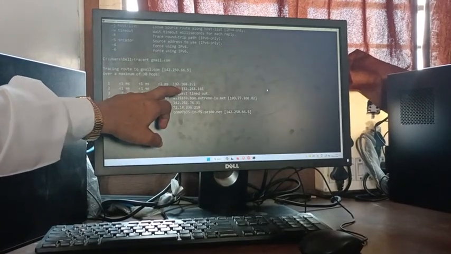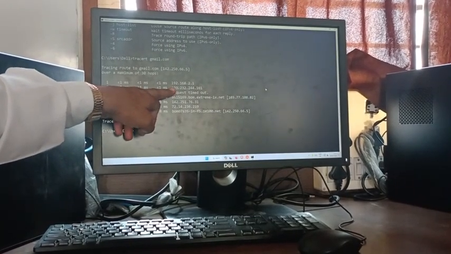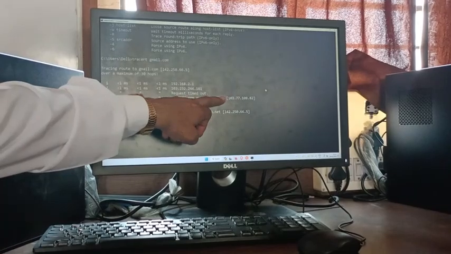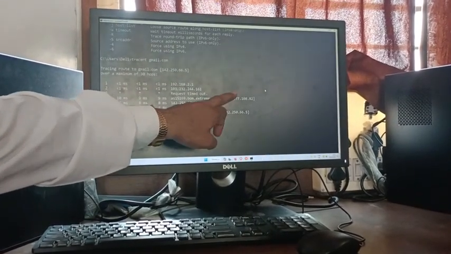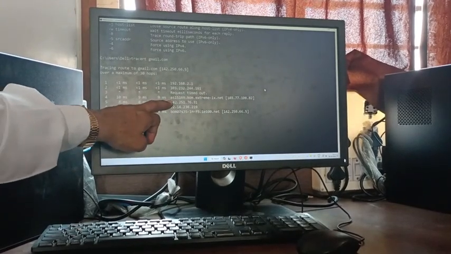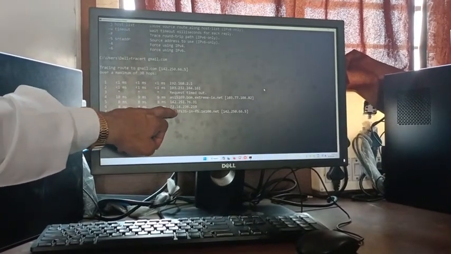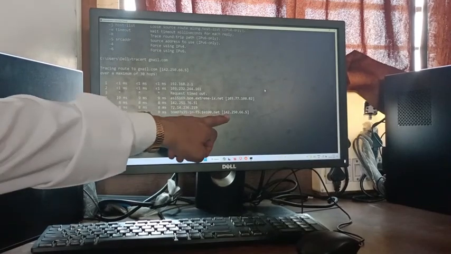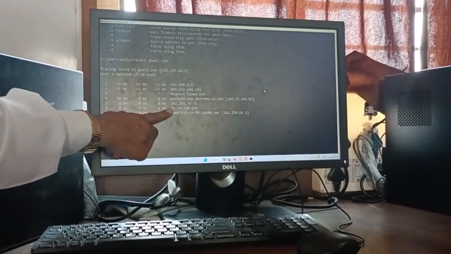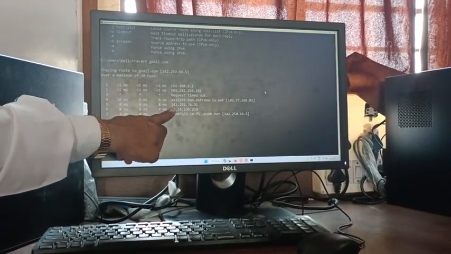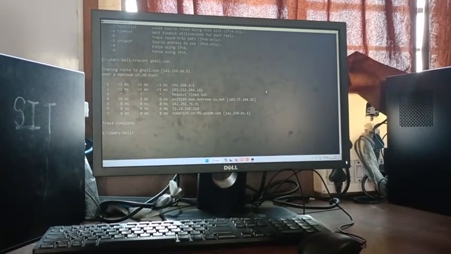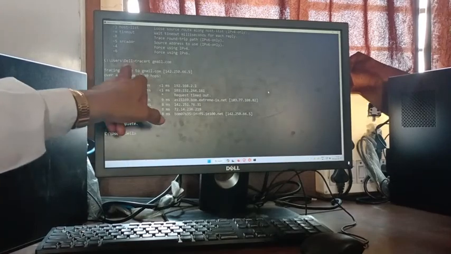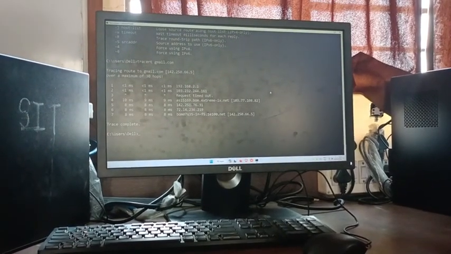Then this is the service provider's IP address, and the next hop's IP address. That means a router's IP address, then another router's IP address. Then before reaching the last IP address, it is considered by this particular router. So all the routers' IP addresses are shown here whenever we are tracing that particular DNS.